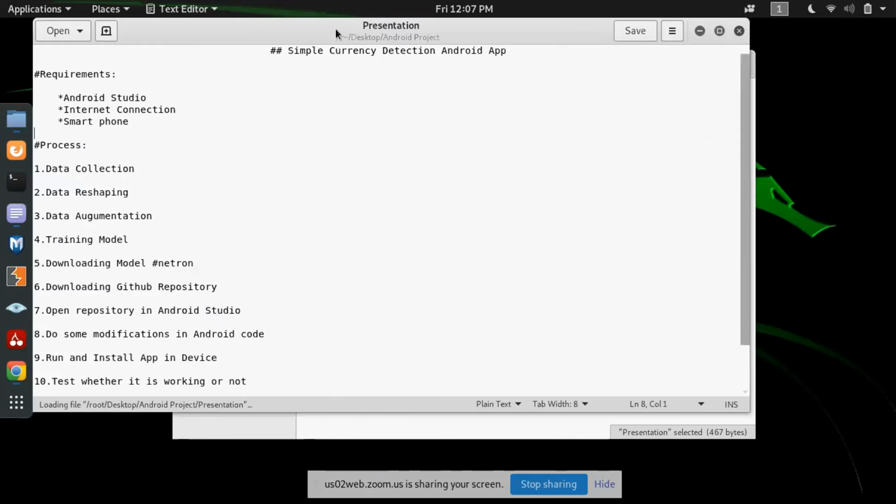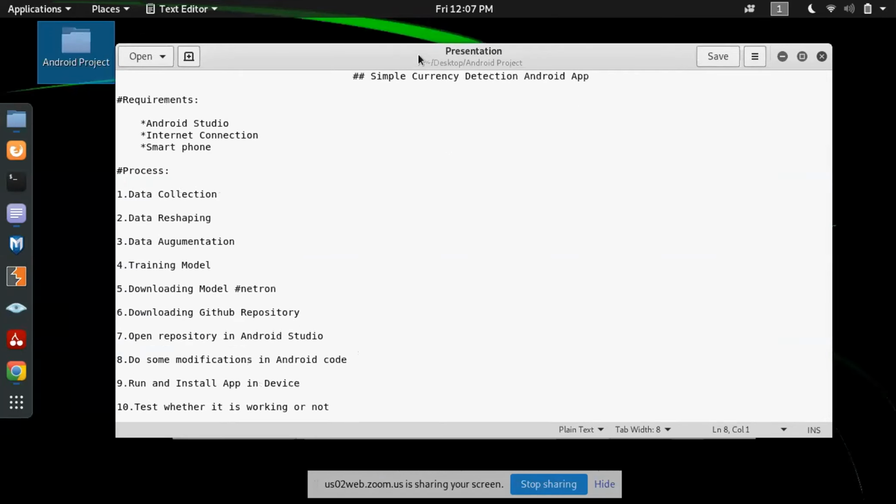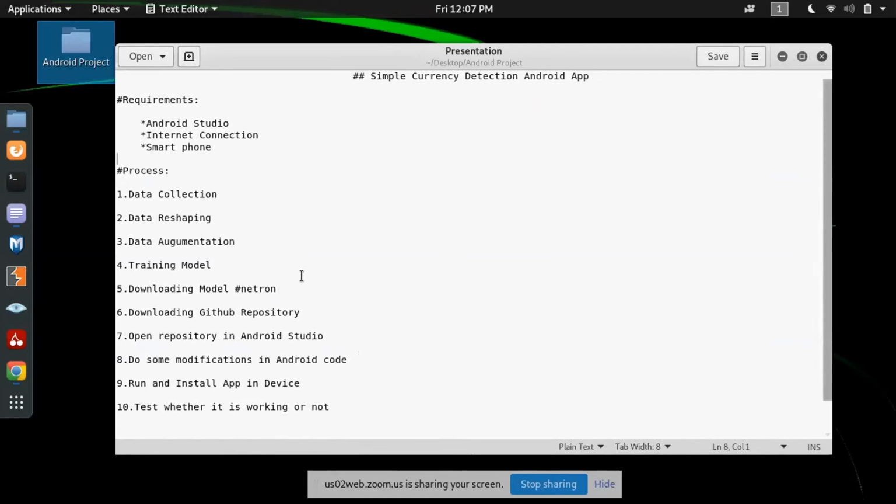Here I have prepared a small presentation. For making this type of application, there are some requirements. The first requirement is Android Studio. Android Studio is an IDE used for building apps which run on Java.